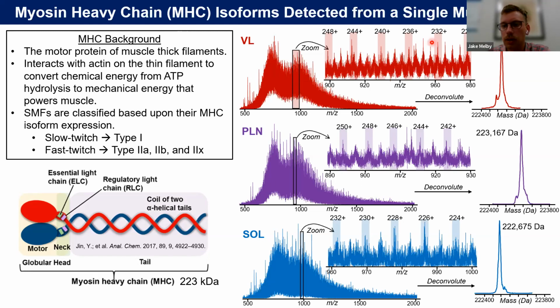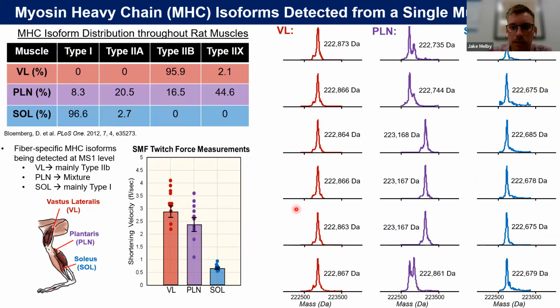And upon doing a low resolution deconvolution, I actually found that there were fiber-specific isoforms being expressed in these single muscle fibers obtained from different tissues. So going back to literature, we'll start with soleus, which is 97% type 1, so 97% slow twitch muscle fibers. And more or less, we're measuring one mass for the soleus muscle fibers. So this is most likely the